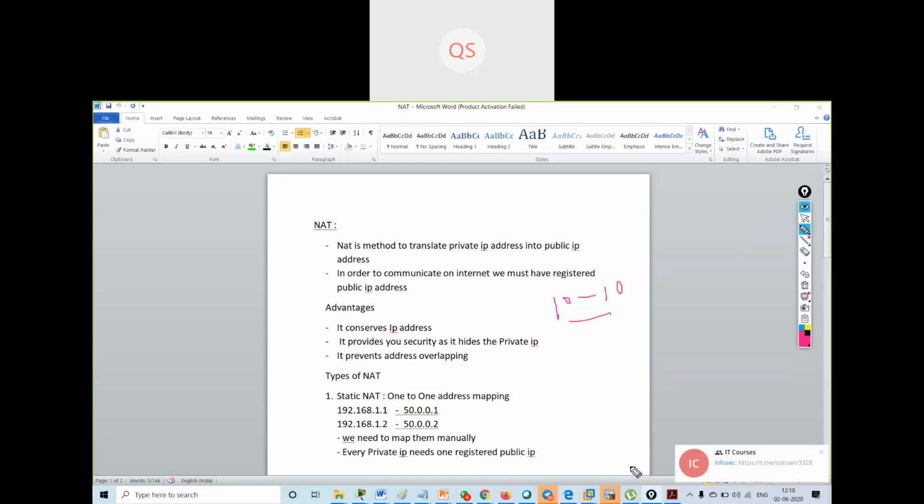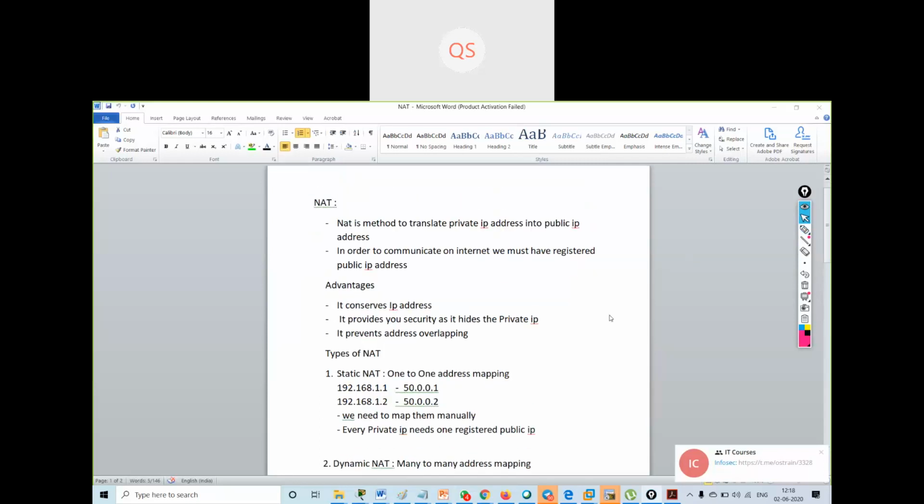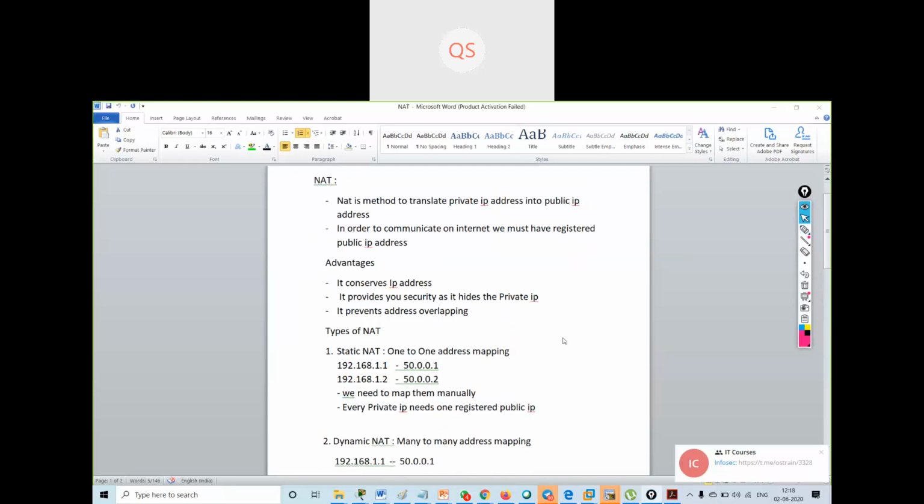I will map them manually: 192.168.1.1 to 50.0.0.1, 192.168.1.2 to 50.0.0.2. Every private IP needs one registered public IP address. This is my static NAT.